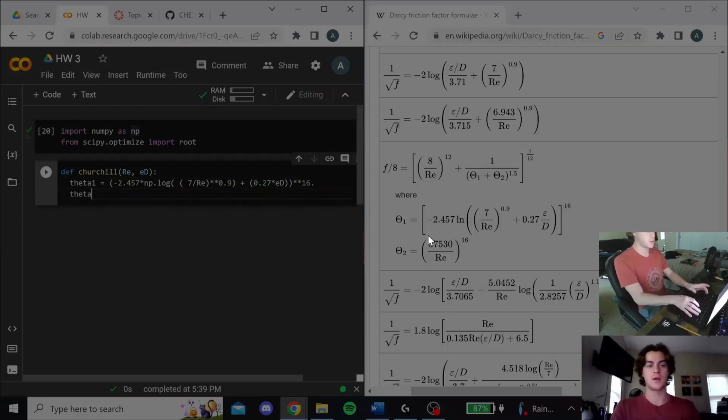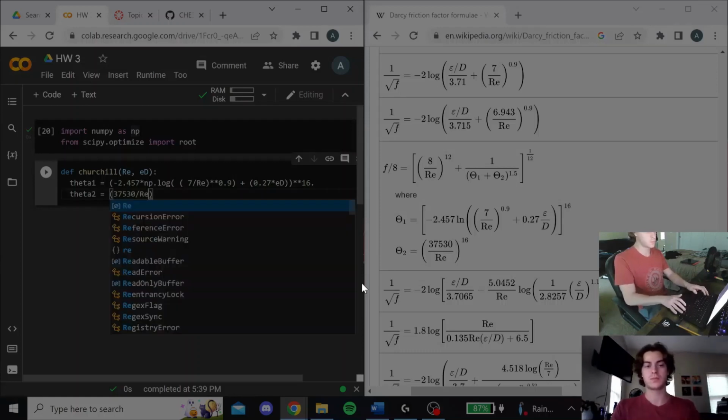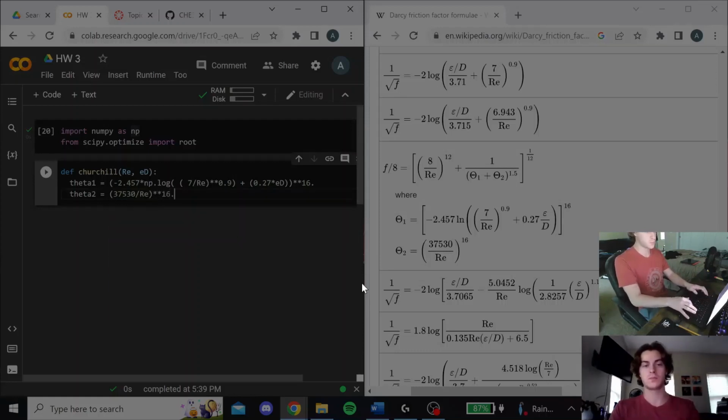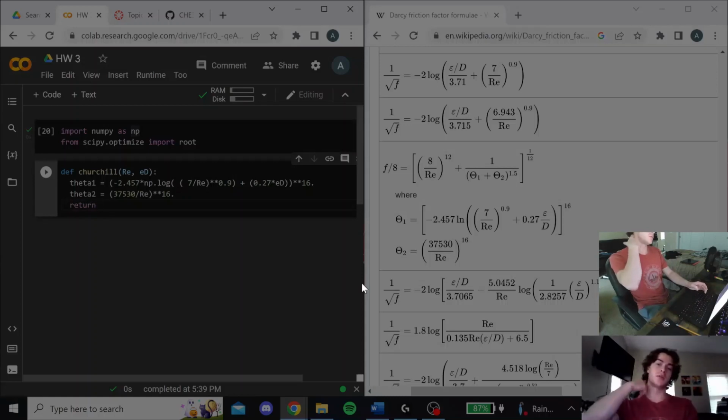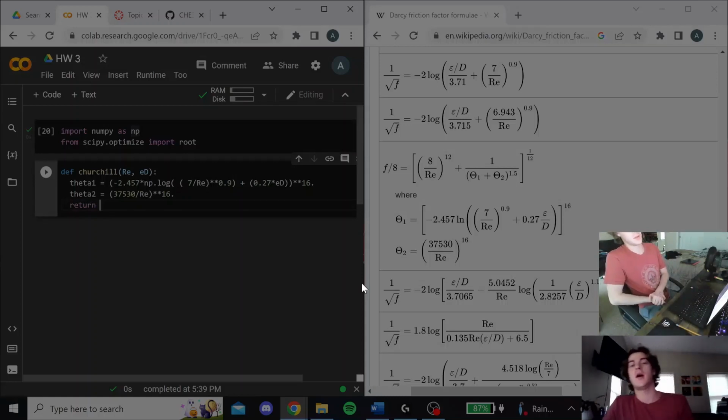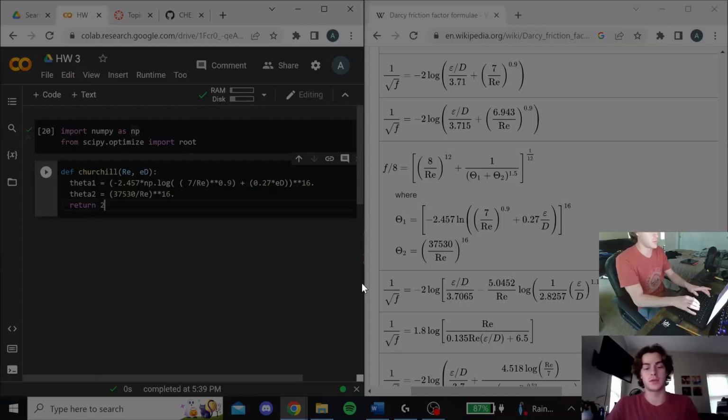And then define theta 2. And then we just need to return Churchill's equation. So I'm going to only return 2 times Churchill's equation, because this equation is set up for the Darcy friction factor, and we're working with the Fanning friction factor. So 2 times